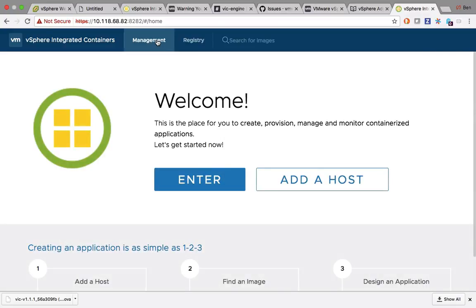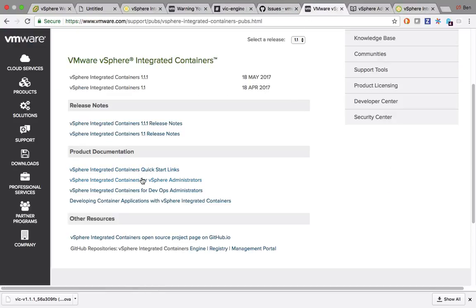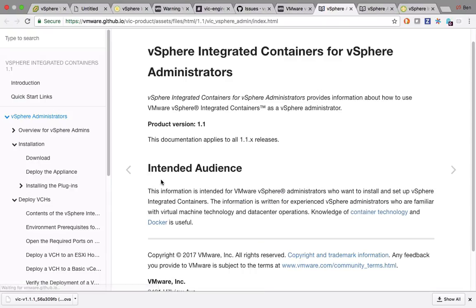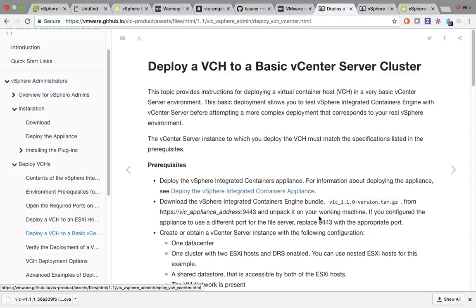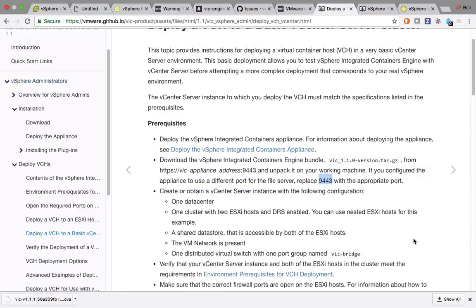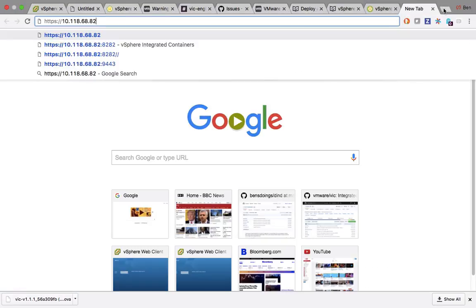But the next thing to do is actually install a virtual container host, right, which is a Docker compatible endpoint that someone can connect to. Now, the way that we do that is a little bit obtuse. In fact, it kind of forces you to go and look at the documentation to figure out how to do that, which is good and bad depending on how you look at it. So let's look at the documentation. vSphere administrators. Now, what it'll tell you is, if we go deploy a VCH to a basic vCenter server cluster, it will tell you there is a magic port 9443. And so if we go to here, we put our IP address in 9443,